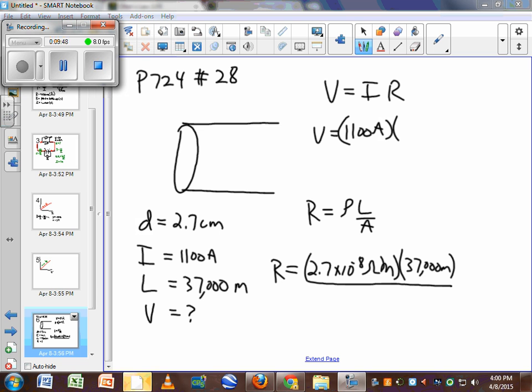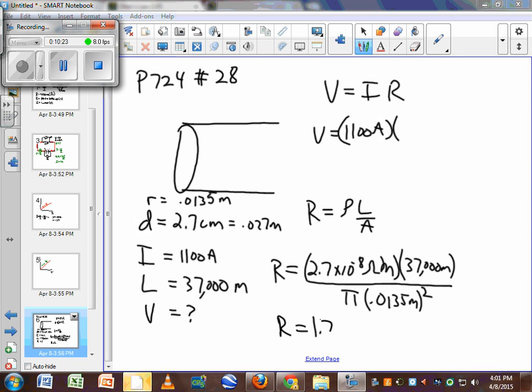Now the diameter is 2.7 centimeters, which is really 0.027 meters, but the radius is what we want. It's half of that, half of 0.027, which is 0.0135 meters. So for our area, we'll do pi times 0.0135 meters squared. It's our pi r squared. And so we'll come up with a resistance equaling